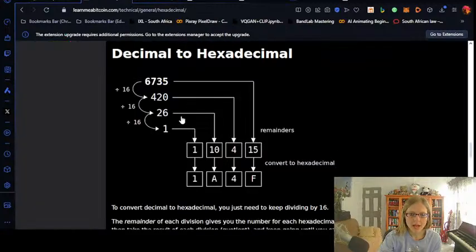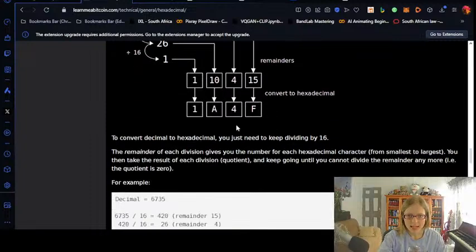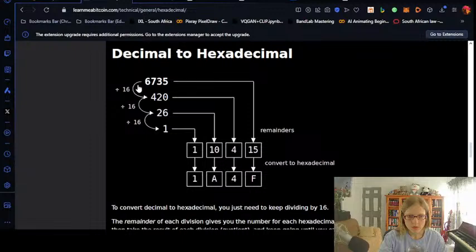So we are going to put our 1 as the remainder, and 1 is 1 in hexadecimal. And that's our answer because we can't now go any further in terms of getting a whole number when we're dividing by 16. So it explains it again here, but just to finish this question,